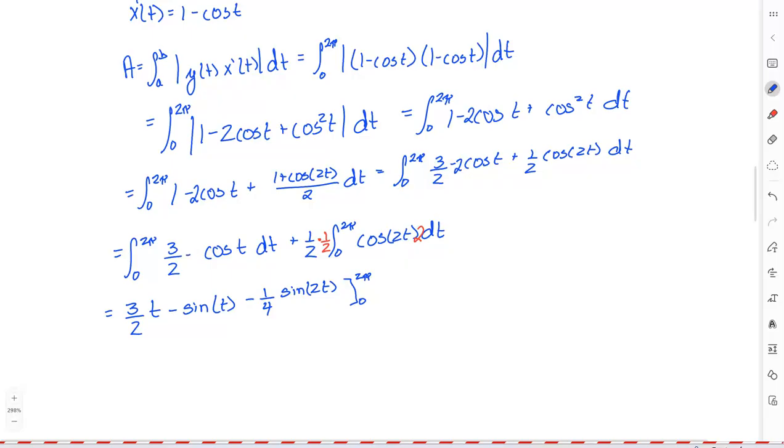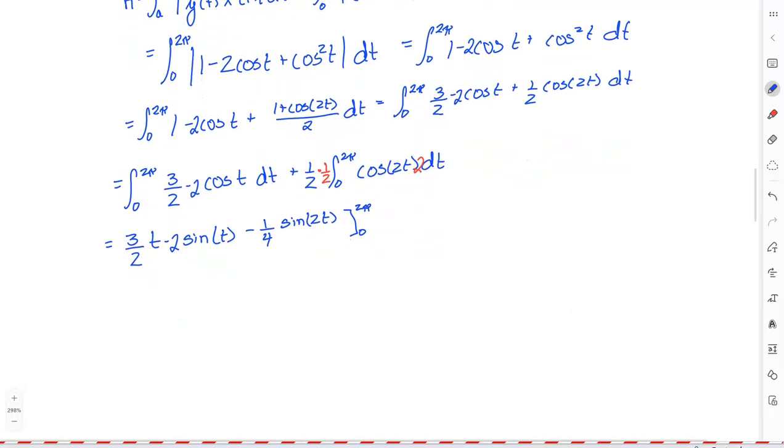We can integrate the first two terms by themselves. My final integral would be 3/2 t minus 2 sine t minus 1/4 sine of 2t. Now I need to evaluate from 0 to 2 pi. So when I plug in 2 pi, and then I'm going to plug in 0,